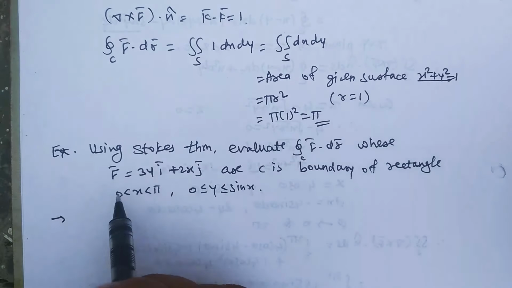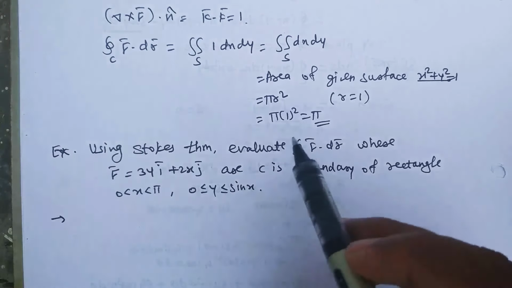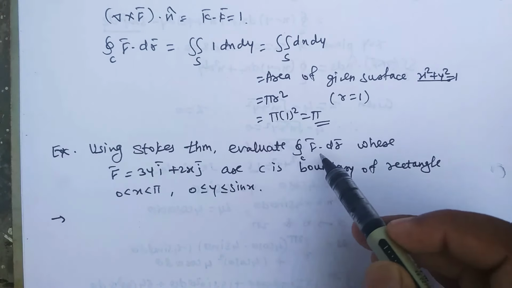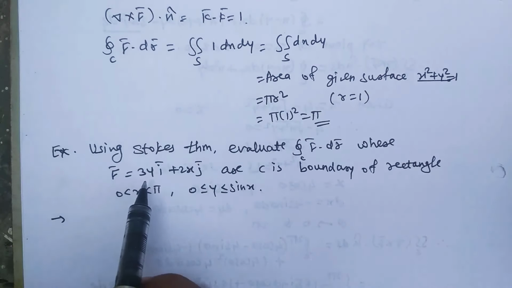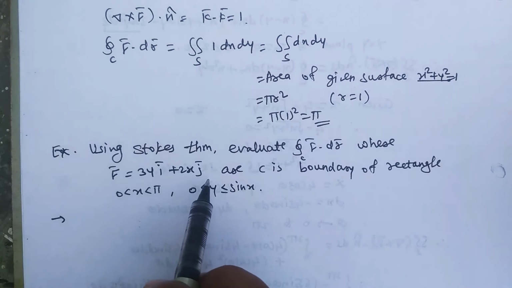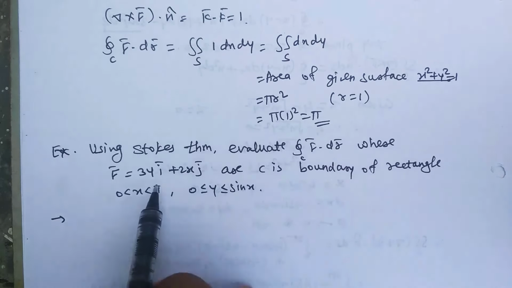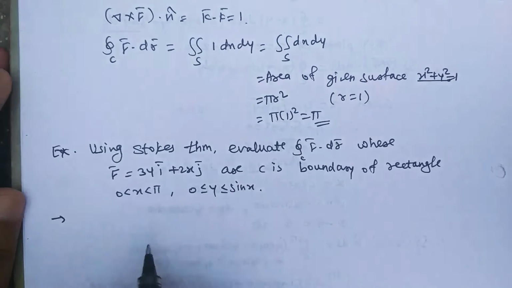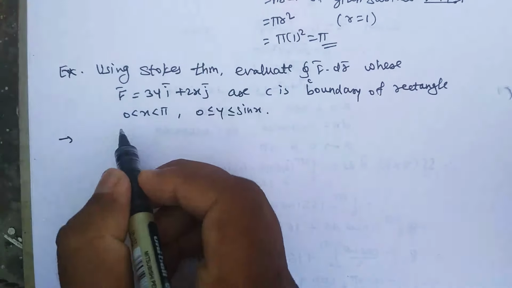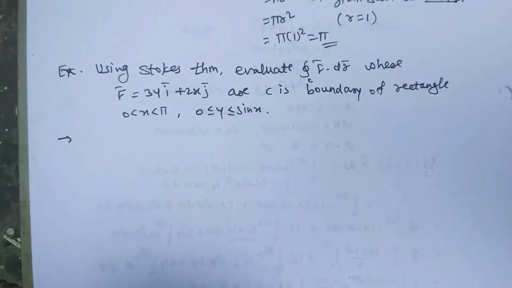Next example, using Stokes theorem, evaluate the closed integral over C of F bar dot dr bar, where F bar is given as 3y i bar plus 2x j bar, and C is the boundary of the rectangle, 0 less than or equal to x less than or equal to pi, 0 less than or equal to y less than or equal to sin x. So first of all, what is Stokes theorem? Stokes theorem is